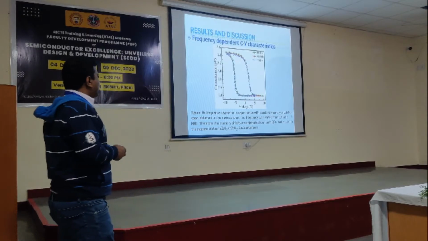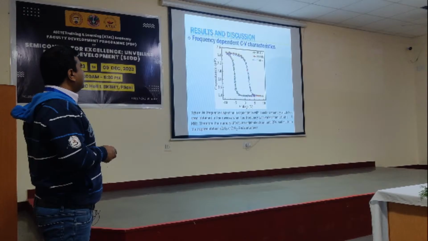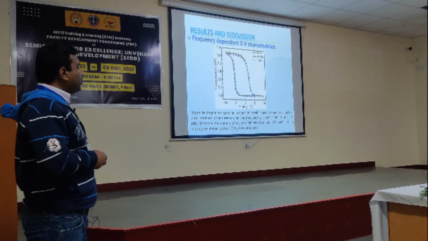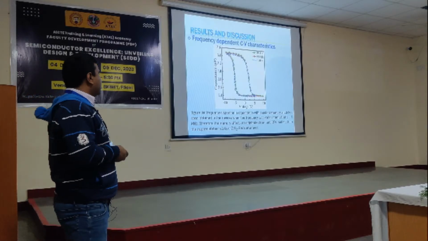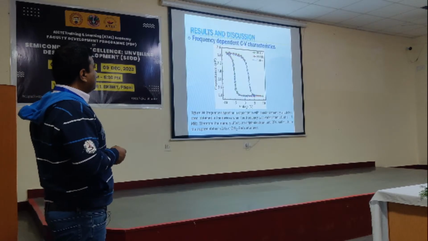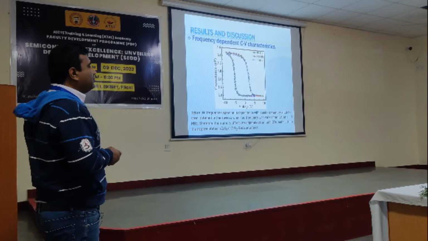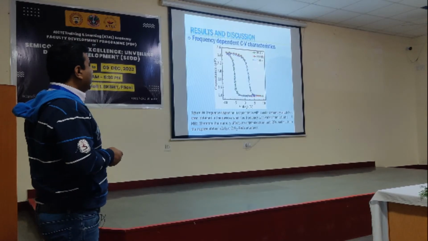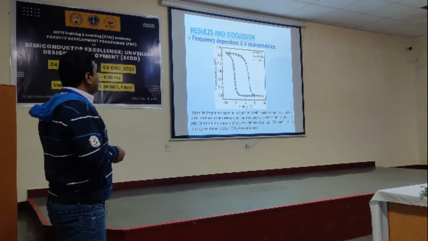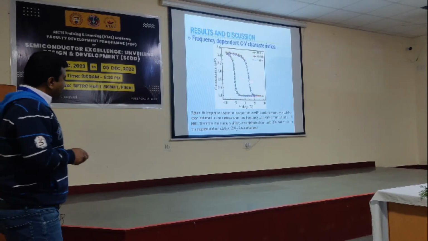But to ensure whether the hysteresis width is due to the quantum dot storing the charges, or due to the interface trap charge density, for that purpose I have characterized the device with frequency dependent CV characteristics. In this case I have swept the frequency from 10 kilohertz to 1 megahertz. If you sweep the frequency, in that case also you see no frequency dispersion is found,